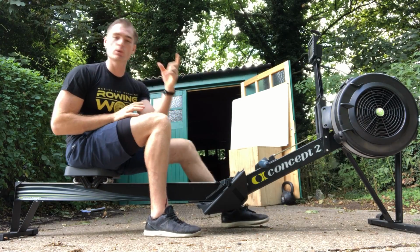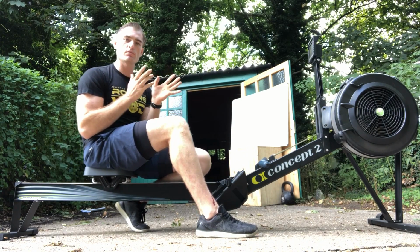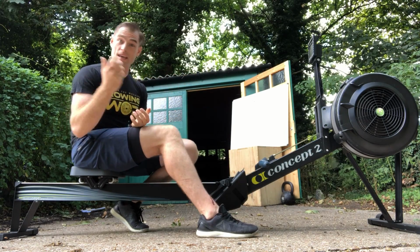Is it the simple numbers you like to look at? Is it the complicated or the busy numbers that you like to look at? Have a think and use that as a focus point. The other thing, if you're allowed to touch the monitor in your event, at the games, if you're allowed to